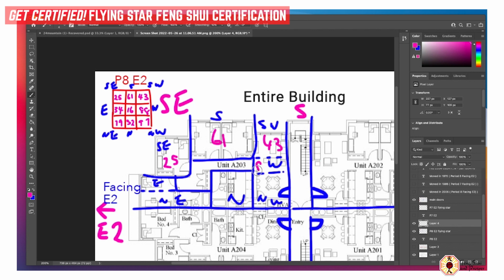The west would have 8-8. The northwest would have 9-7. The north would have 5-2 here. Northeast would have 7-9. And this one in the center would have 1-6. And then the east would have 3-4. This is how the permanent energy reacts to this layout